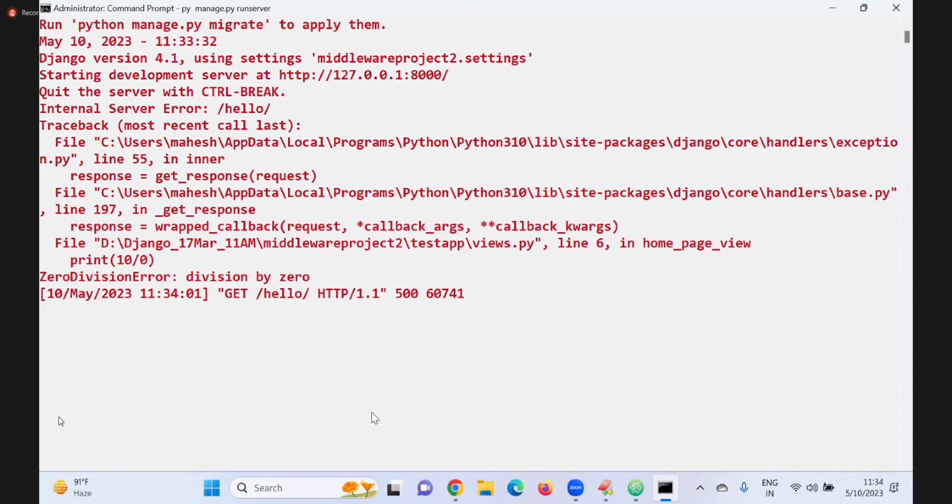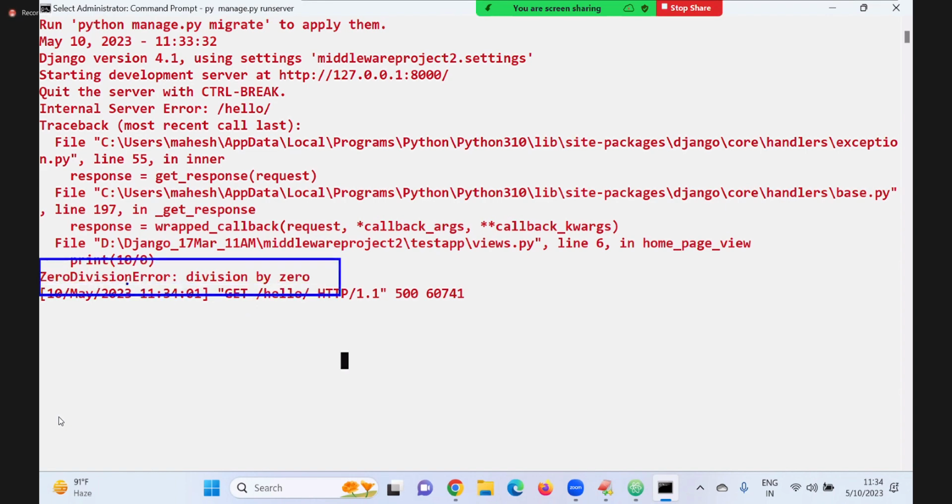So now, do you know, at the time of exception handling, generally those who are attending my advanced Python know. Sir, in this statement, what is the left part? What is the right side part? Left side is a class name, a predefined class name. Right side is the message provided by that class.